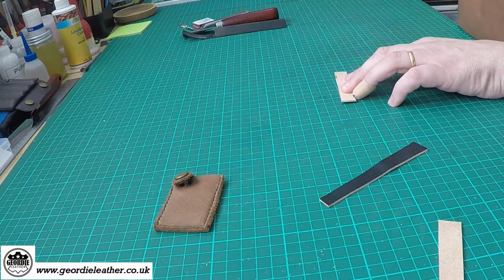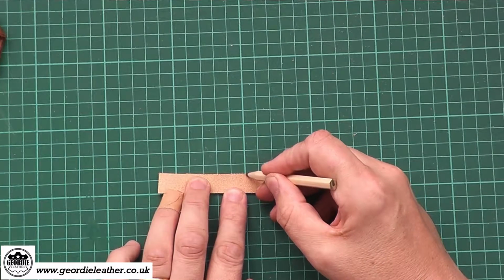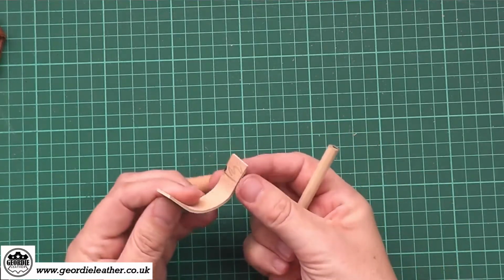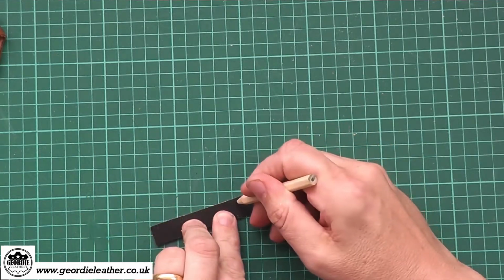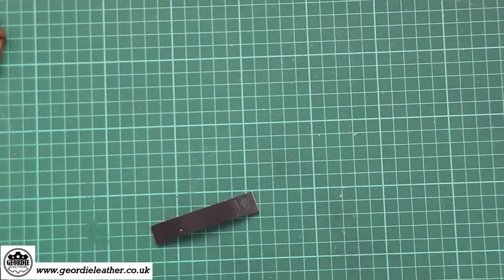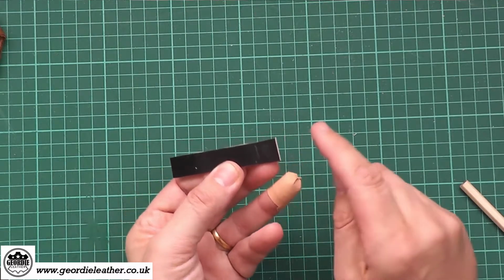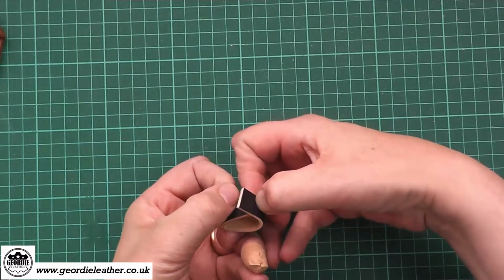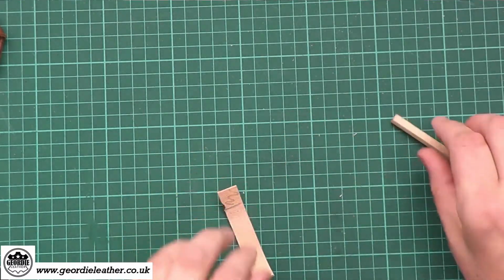what I like to do is just to roughly mark with a pencil or whatever the area you want to skive. So it's going to be this area here, which when you fold over is going to join onto that area there, so same sort of distance. So we're going to thin down the leather at this point, and we're going to thin down the leather at this point, so when they're folded together and overlap, they'll be the same thickness. Okay, so let's do